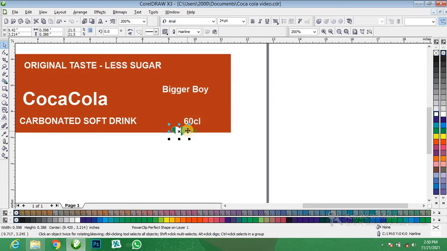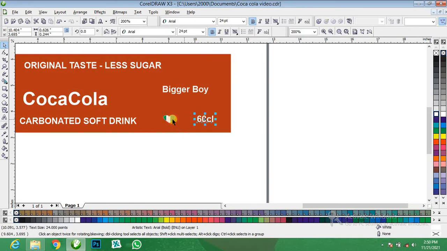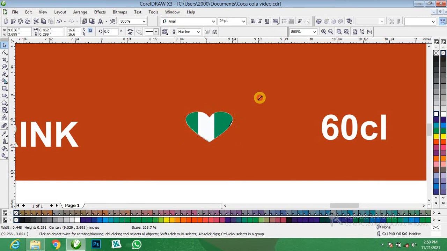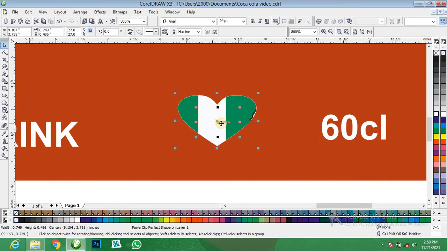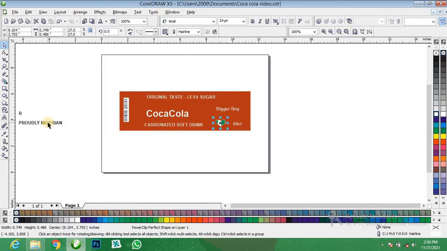Zoom out like this. Keep it over here. Shift this one a little bit, increase. This is the Nigerian flag.